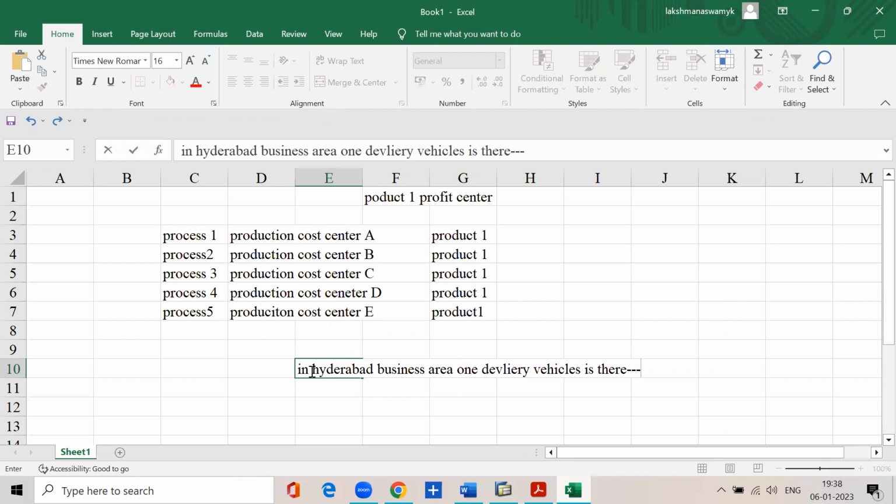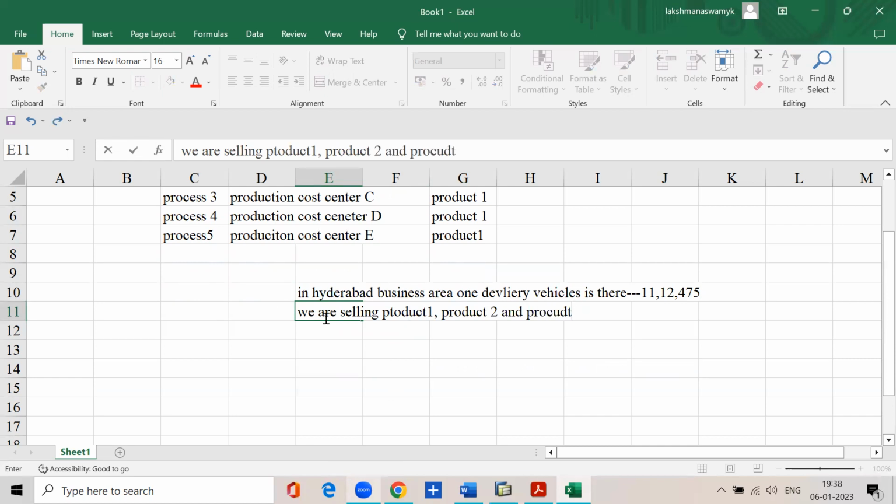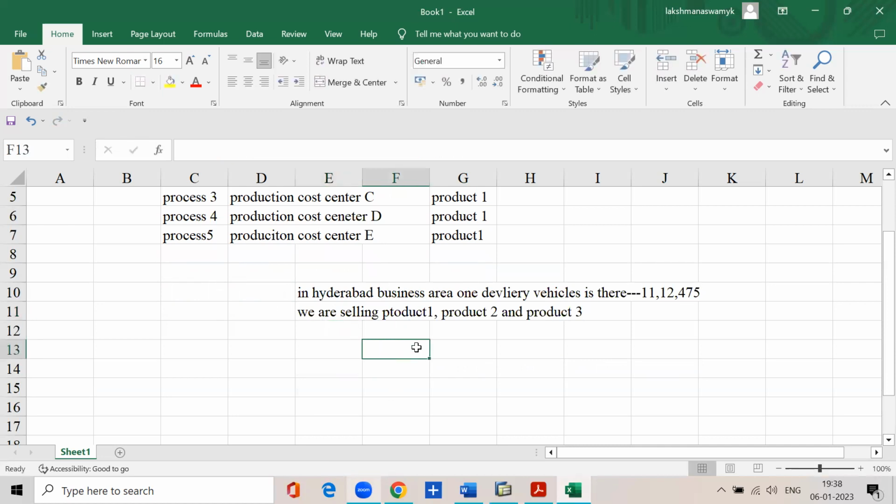Its acquisition cost is 11 lakhs 12,475 rupees. It is the acquisition cost, right? Now, in the Hyderabad business area, we are selling product one, product two, and product three. We are selling product one, product two, and product three. Right? In that case,